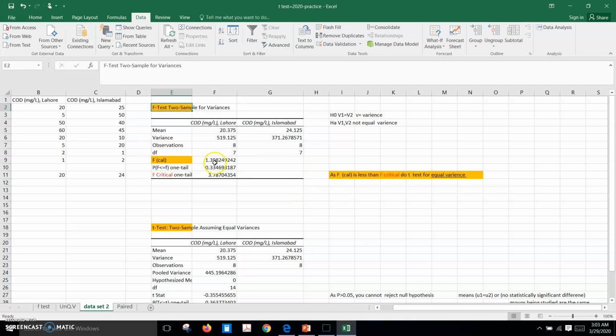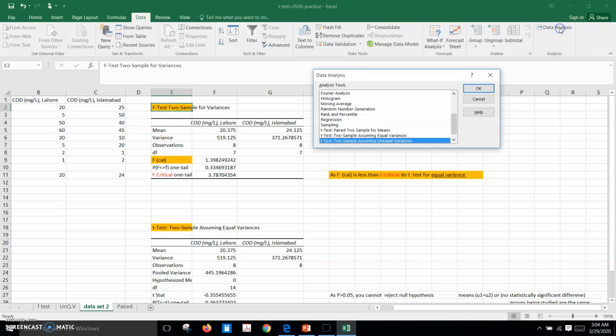If the f calculated value is less, in the previous case it was more than the f critical, do t-test for equal variance. So we know from this that we have to run equal variance test. And how this thing is calculated, by now you should know, but again we can find it out. So go to the data analysis, and in fact again my recording time is about to finish, so I'm